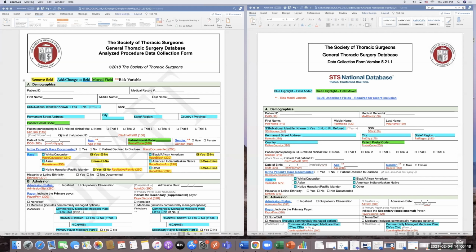New fields that were added, or new additions like these boxes, will be highlighted in blue. So you can see here that we added in fields of city. The other thing to note is the green fields are things that were moved within the form,